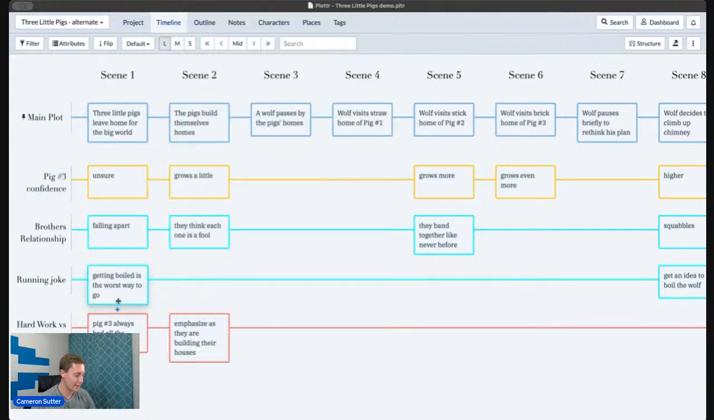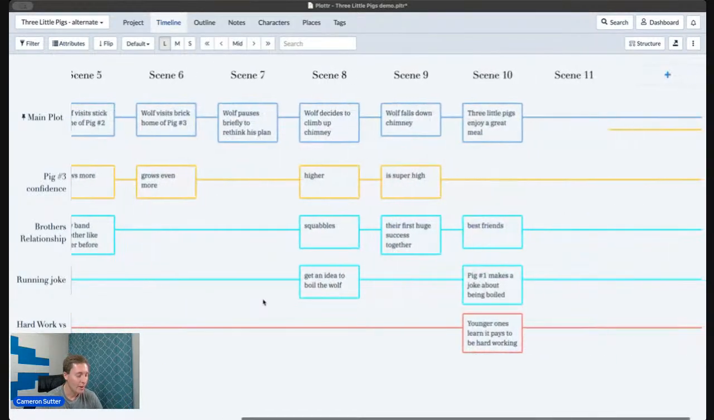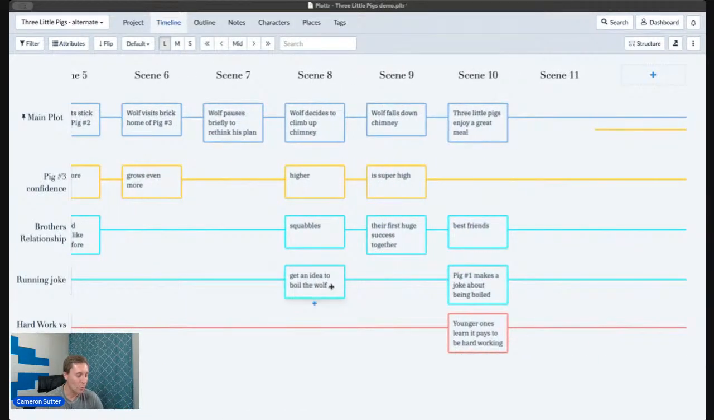It's important to say that, because then at the end, when the wolf starts climbing the chimney, that is what gives them the idea for boiling him in the chimney. It comes to mind because they've heard it so much. Mom always says being boiled is the worst way to go. Let's do that. And then at the end, there's this moment where they beat the wolf and they're hugging each other,